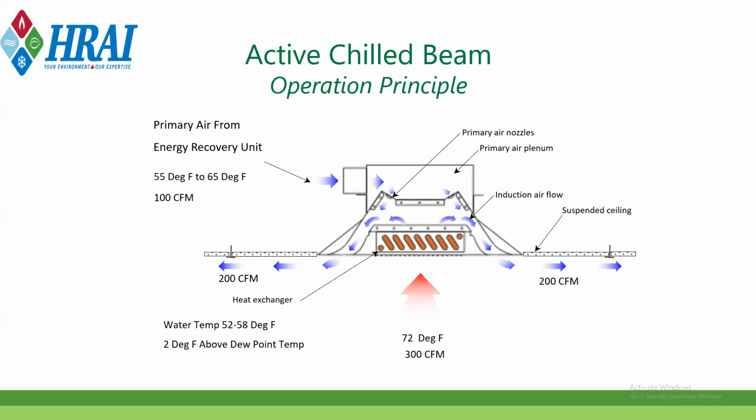That 100 CFM of fresh air coming in that's being forced down through those nozzles will actually induce the warmer space air from inside the space and run it across the heat exchanger. So if you're running warm water through here, it's creating the heating mixing here, where you can actually increase the air temperature. And in cooling mode, you would run chilled water through here, so the warmer room air will pass that heat exchanger and then mix with the fresh air, and then it's effectively cooling down the air into